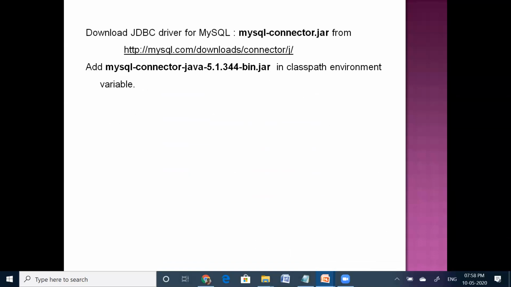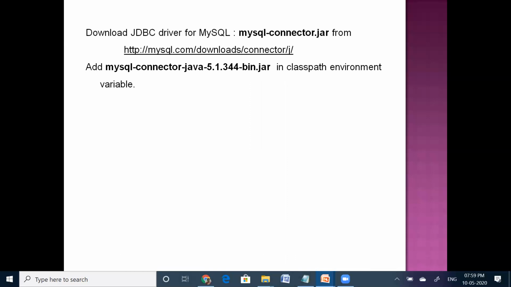So before establishing the connection with the JDBC program, first we will see what are the things we need to have in our machine for interacting with the database. First of all, we need to install JVM software in our machine. Then we need to install any relational database server. Suppose here in my example, I am showing MySQL server. Okay, so install MySQL server in the machine.